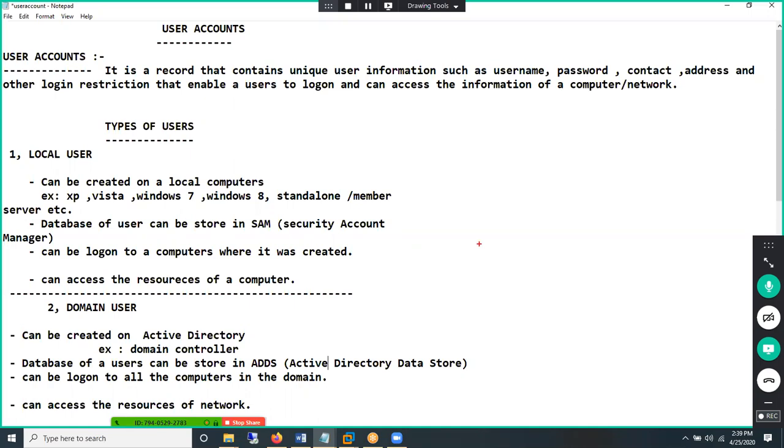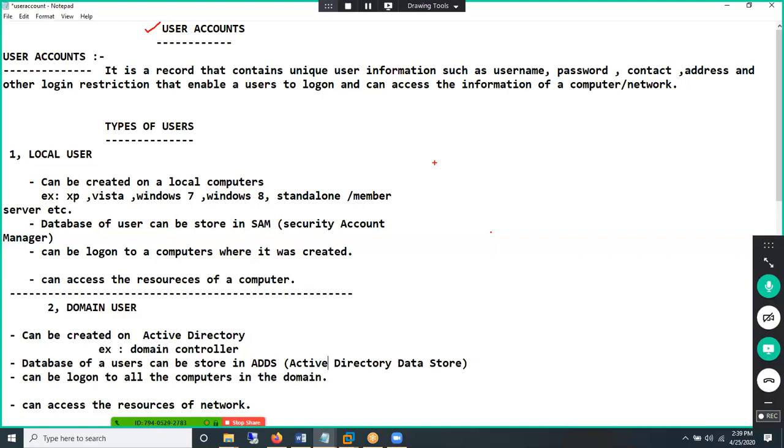In today's class, we'll be discussing one of the basic topics for MCSE. We already have a lot of idea about the user account, but at least one time we need to learn this. We are going to see what an account actually is, what the purpose of an account in a company is, how to create one, and what the difference is between the account we use on our personal machine and the account we use in a company. We'll also discuss what kind of accounts a company uses, how to use them, and how to log in, in more detail. So first of all,